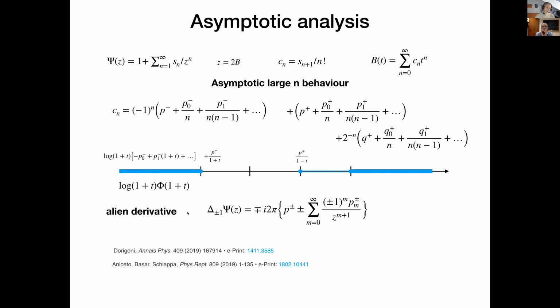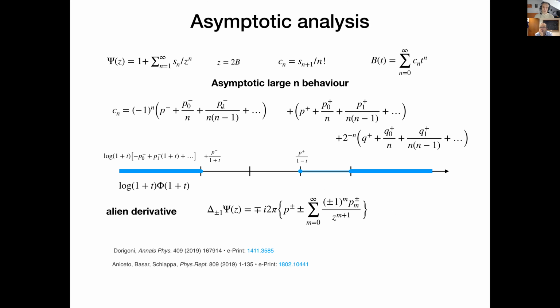So the notion of the alien derivative basically associates to each singularity, like delta at plus minus 1 or 2, exactly this function which multiplies the logarithmic cut, by its expansion, which you can get from the asymptotics. So what I introduced here is that this alien derivative is a very good notion. It parameterizes the logarithmic cut. And you can read off the expansion of this function from the large n asymptotics of the original coefficients.